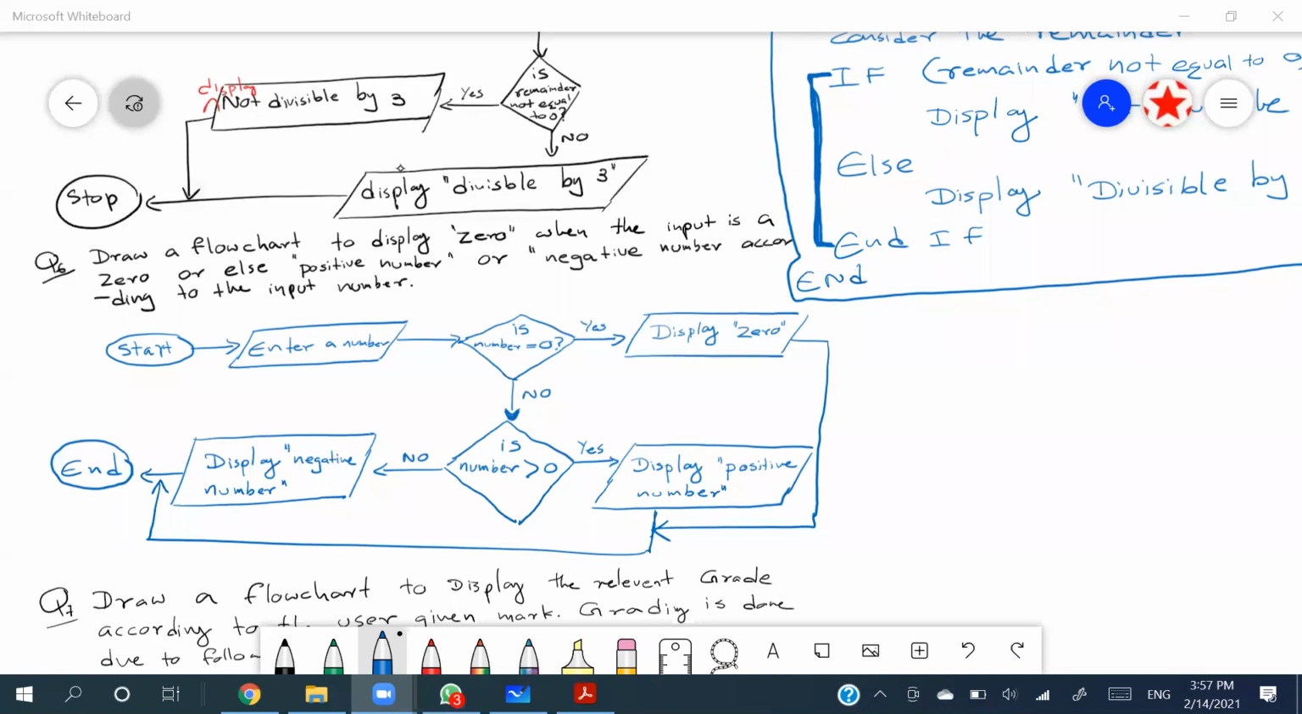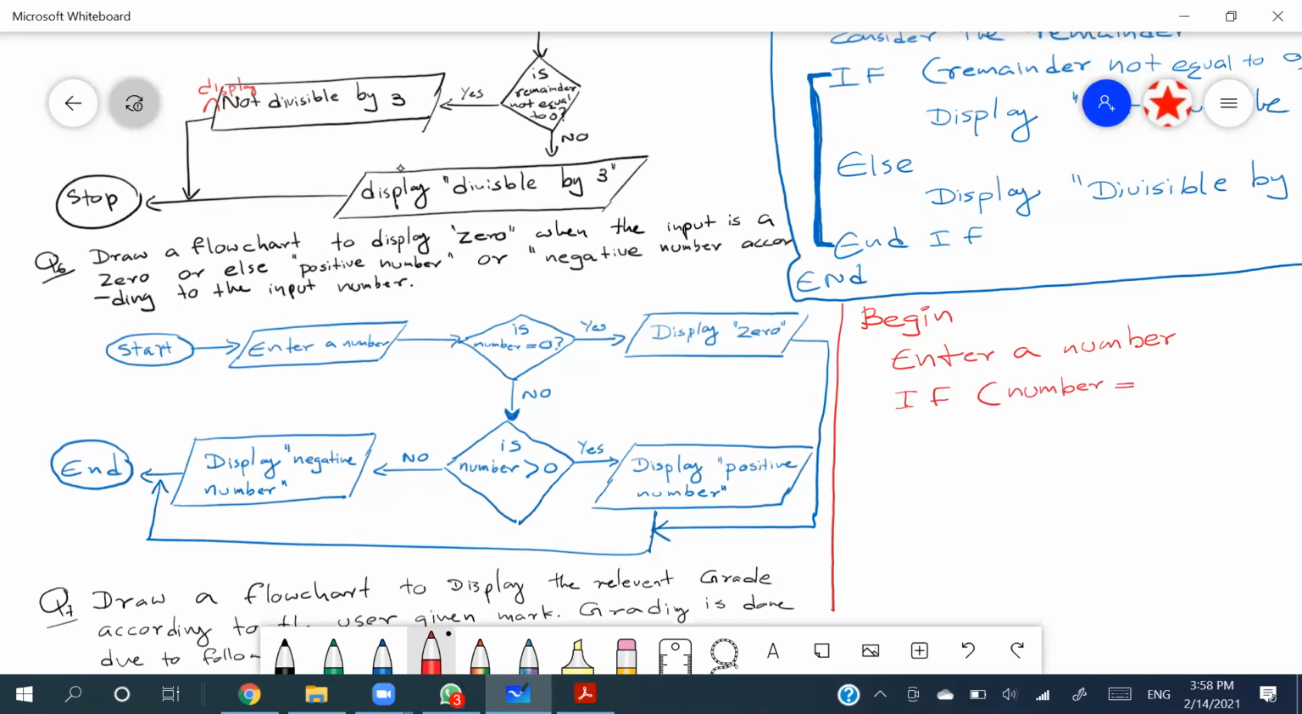Okay, so people, I'm going to do the 6th question. So we say begin and we say enter a number. So we are facing the condition. So it is an if. We say number equals 0, then,